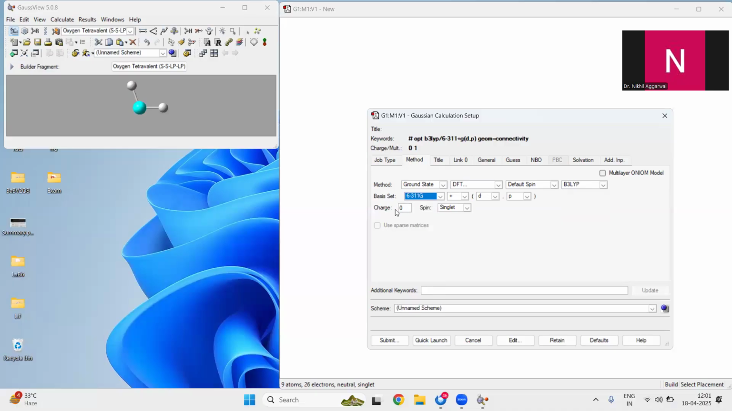Tomorrow I'll take all of you toward this charge and singlet. If I have a MOF structure, should I use double plus or plus? Single plus is more than sufficient because in MOFs we generally don't have actinides and lanthanides, radioactive elements. Unless you are taking those, take only single plus. Okay,